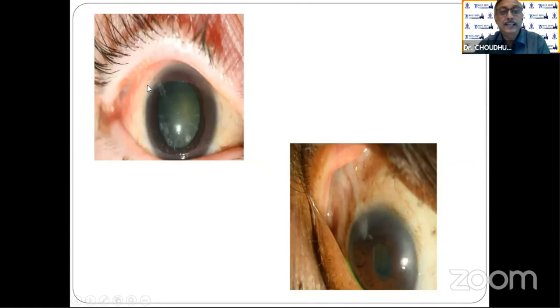And this is a typical case of what I was telling you in the angle closure stage, where you get the ectropion uvea and the angle is totally closed. After the valve, the eye is quite quiet. Now that the cataract is there, we have to remove it. And I think the patient will get a good vision.